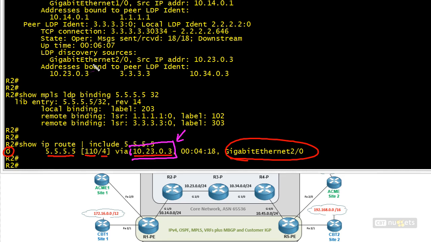And if we look up at the neighbor statement, check it out. The peer at 3.3.3.3, that router ID, owns that next hop of 10.23.0.3. And it's for that reason that R2 is going to say, you know what, to build my MPLS forwarding table, I'm going to choose 3.3.3.3 and whatever label has been advertised by 3.3.3.3, which in this case is label 303,